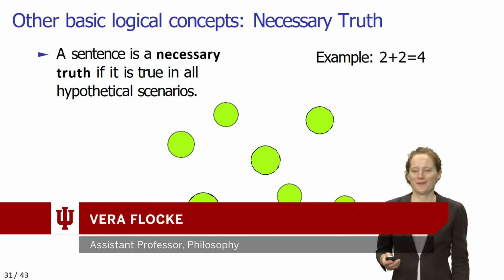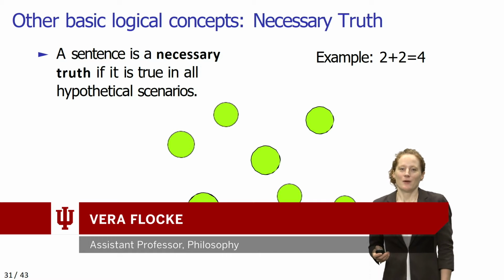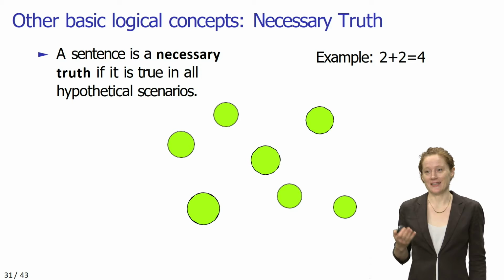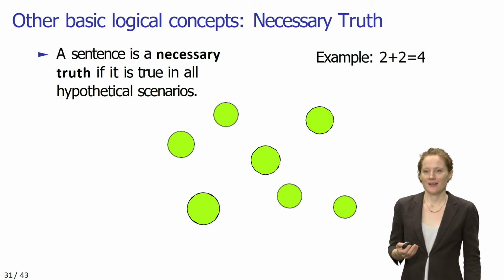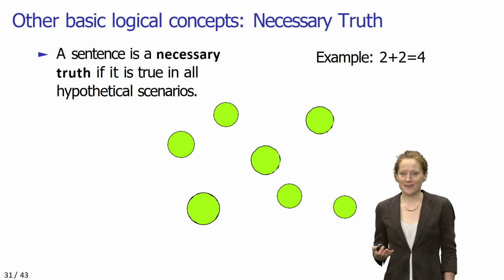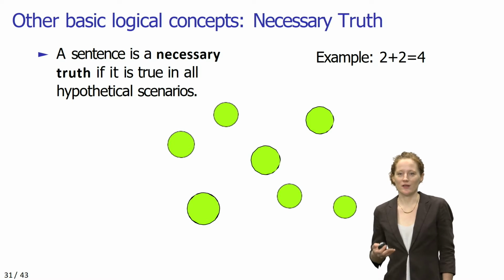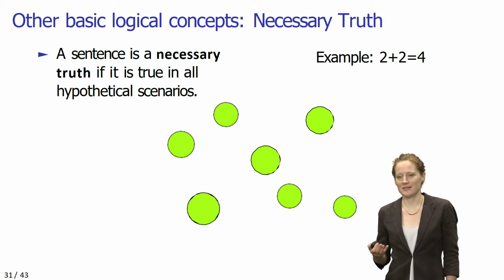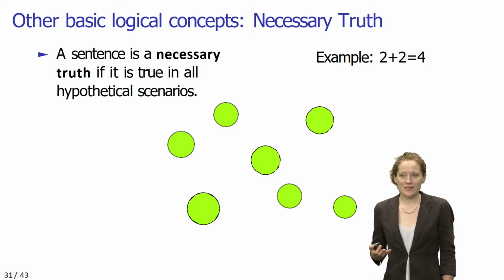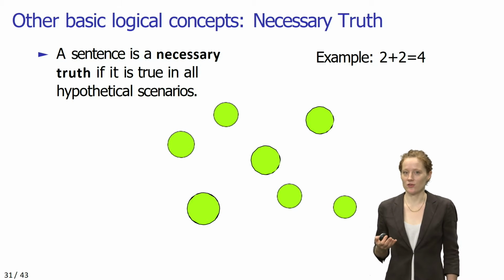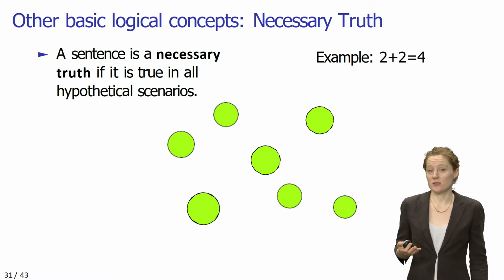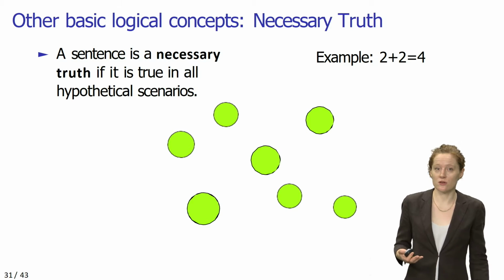Let's talk about a few more important basic logical concepts. One concept of central interest to logicians is that of a necessary truth. A sentence is a necessary truth if it is true in all hypothetical scenarios. Logicians are really interested in necessary truth because they don't just want to know what happens to be true or